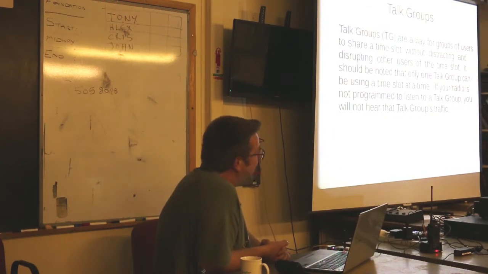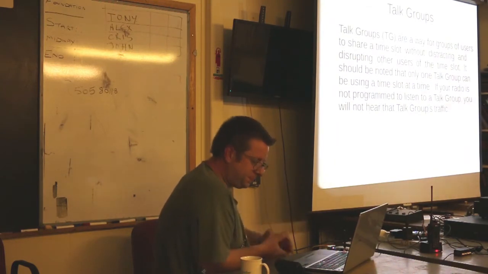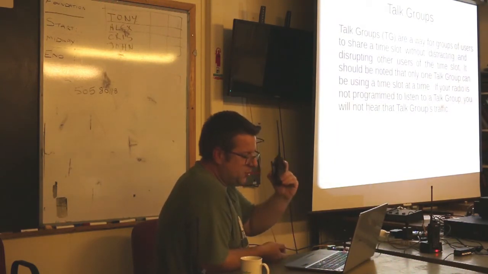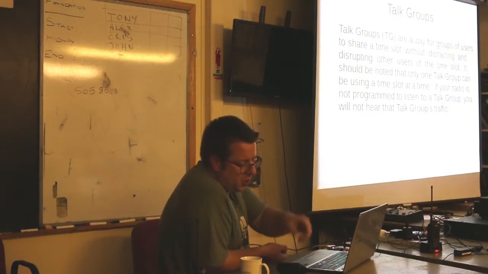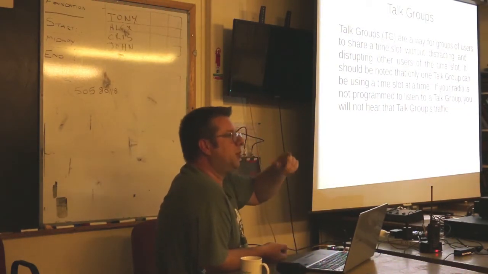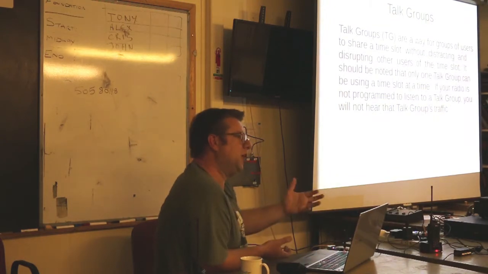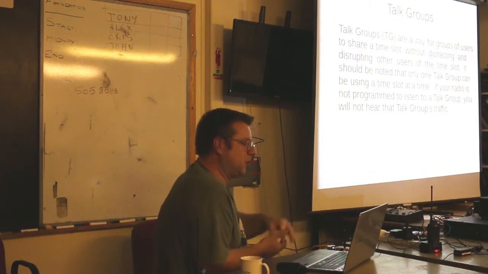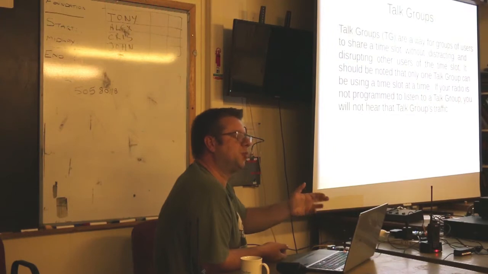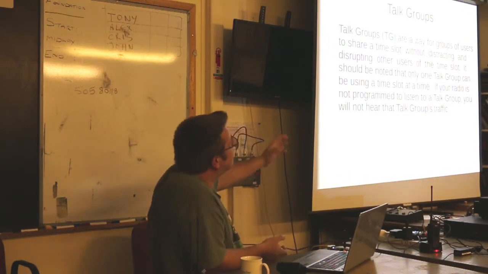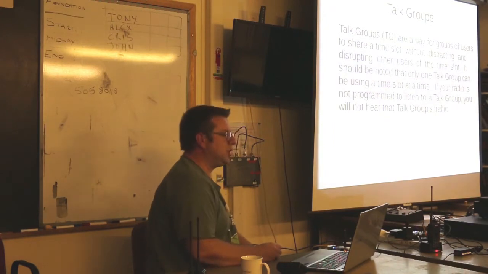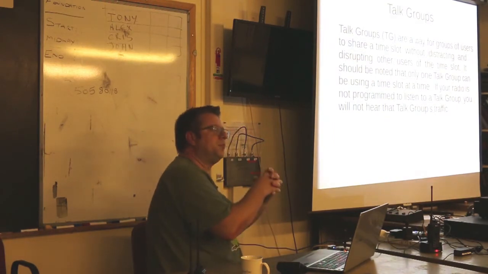Again, going back to people that have used the system, and specifically one of these type radios, it probably happens on the other radios, sometimes your green light will come on and you'll see a signal strength, but you won't hear anything. It won't display anything. That's probably because you've not got a talk group selected that's currently transmitting, so therefore you won't hear it. Another way to describe a talk group is it's a virtual channel.